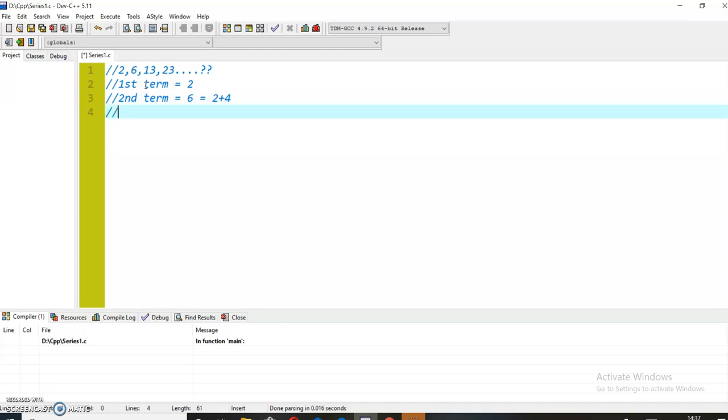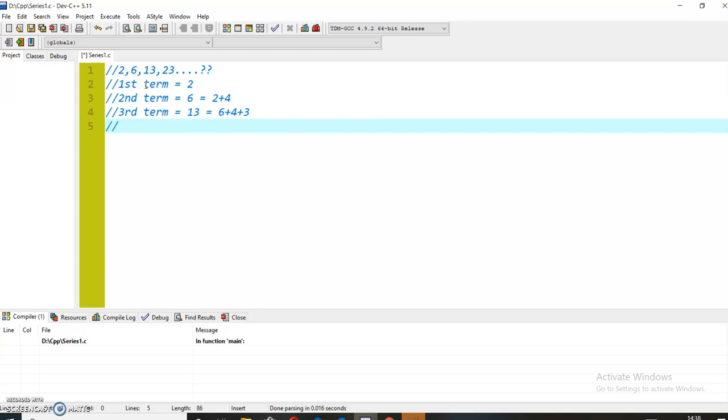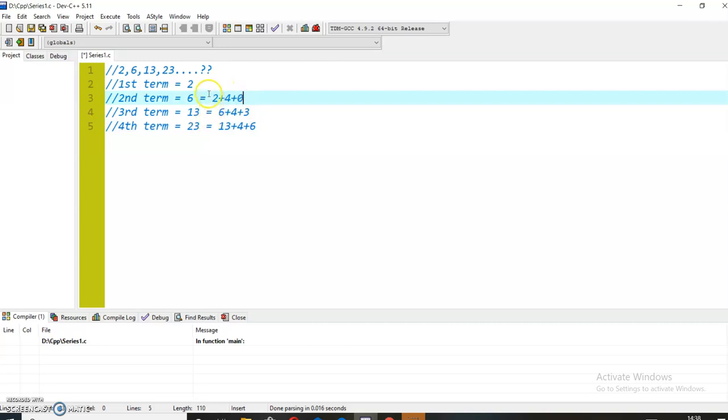And the third term is 13, which is equal to 6 plus 4 plus 3. And if we see the fourth term of this series, it is 23, which is equal to 13 plus 4 plus 6.